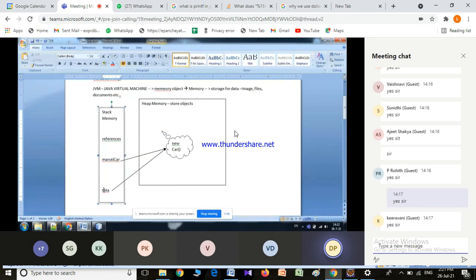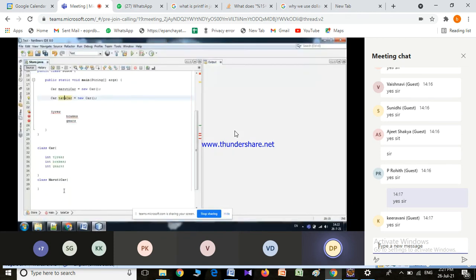Now consider a Maruti car that wants to add some functionality, say a speedometer. He has the tires running, and now he wants to show the user the speed, which is not available in the base class. So if I create a new car, writing Maruti car, and the additional functionality I want is a speedometer, now if I have this Maruti car with only the speedometer, will it work?